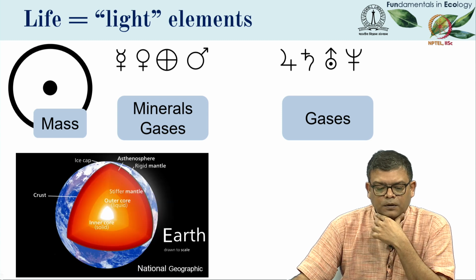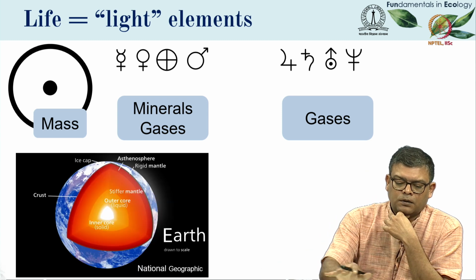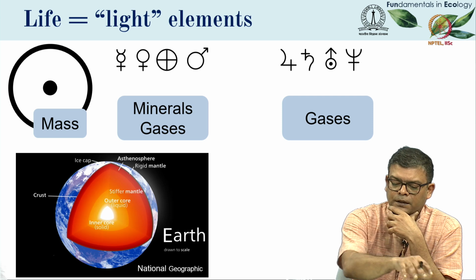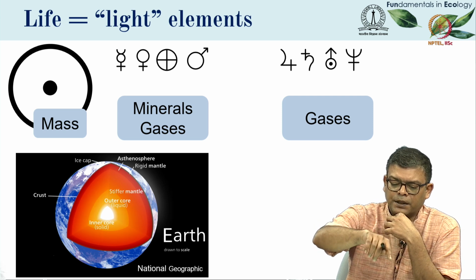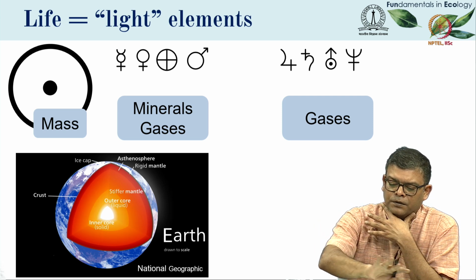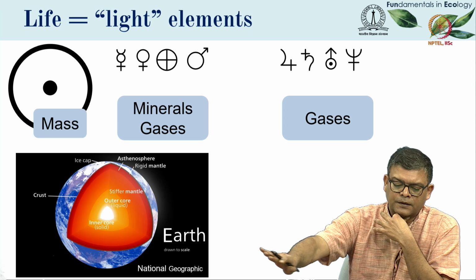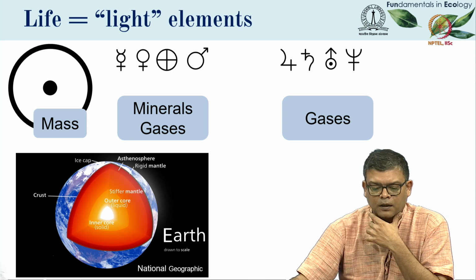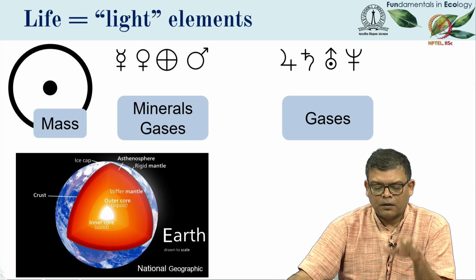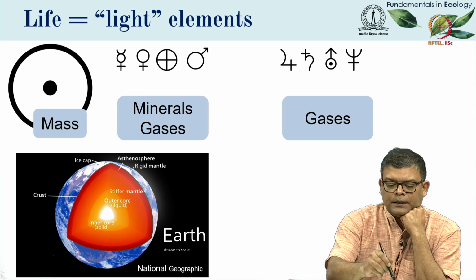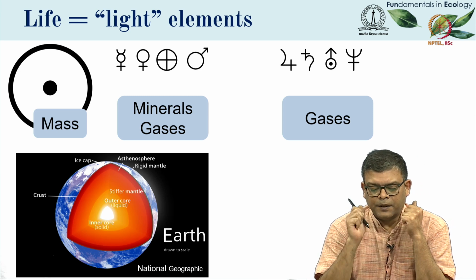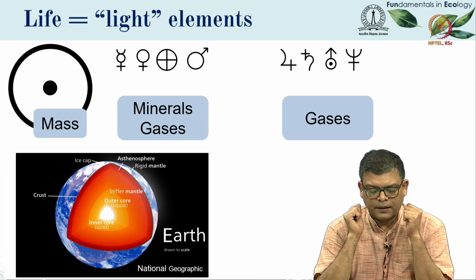Now this is something you would expect in the solar system where there is a massive object in the center and things are spinning around it, and just like in a centrifuge the lighter elements are away from the center and the denser elements are closer to the center. So we are on a planet which is quite dense. It contains the heavy elements as the minerals and the lighter elements as the gases.